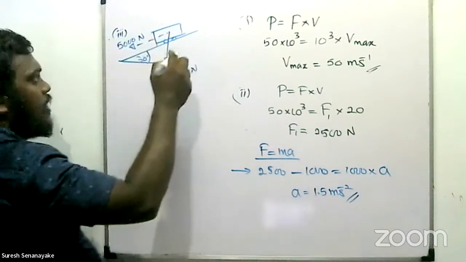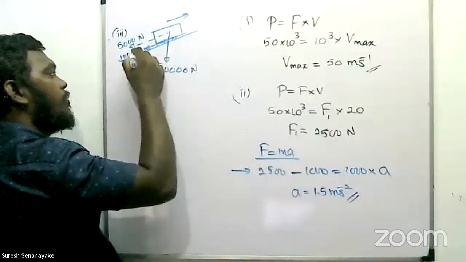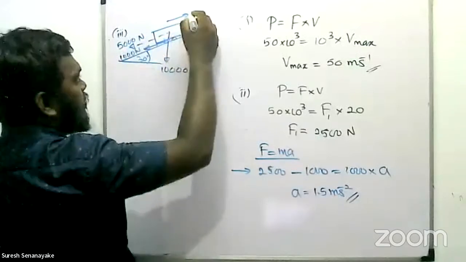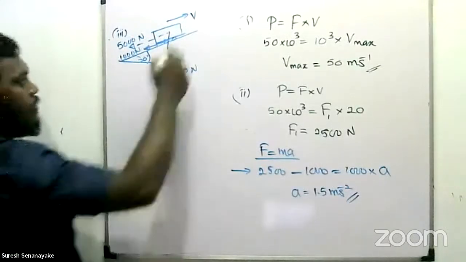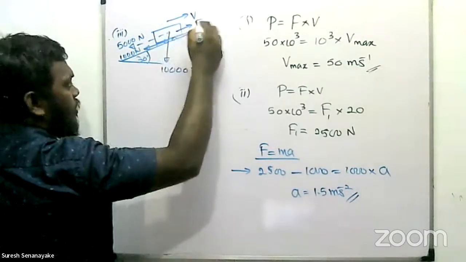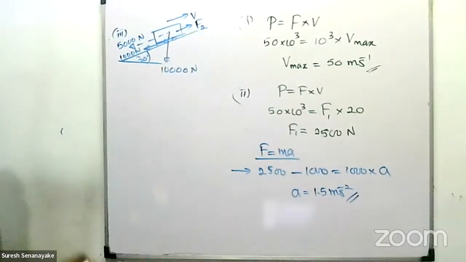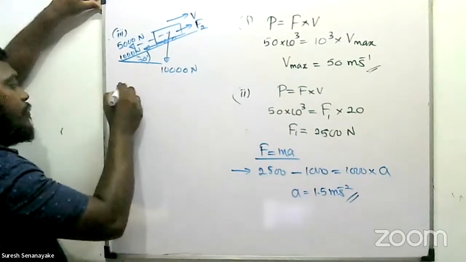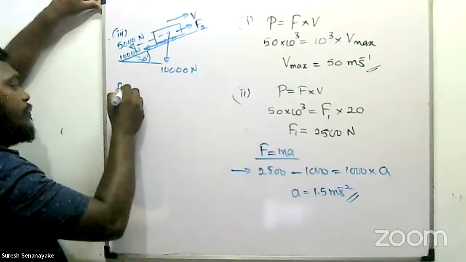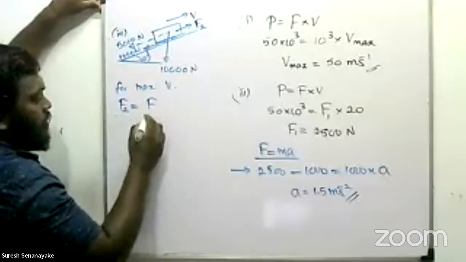Then it's moving up. So the frictional force is also 1000 Newton. The same friction applied on this vehicle, and this velocity, let's say it is v. They are asking what is the maximum velocity, right? The object is moving. So what is the force applied? Maximum force, that's the force applied by the engine to move with this velocity, in this case the maximum velocity. So the force applied by the engine should equal the total resistive force, that is the friction